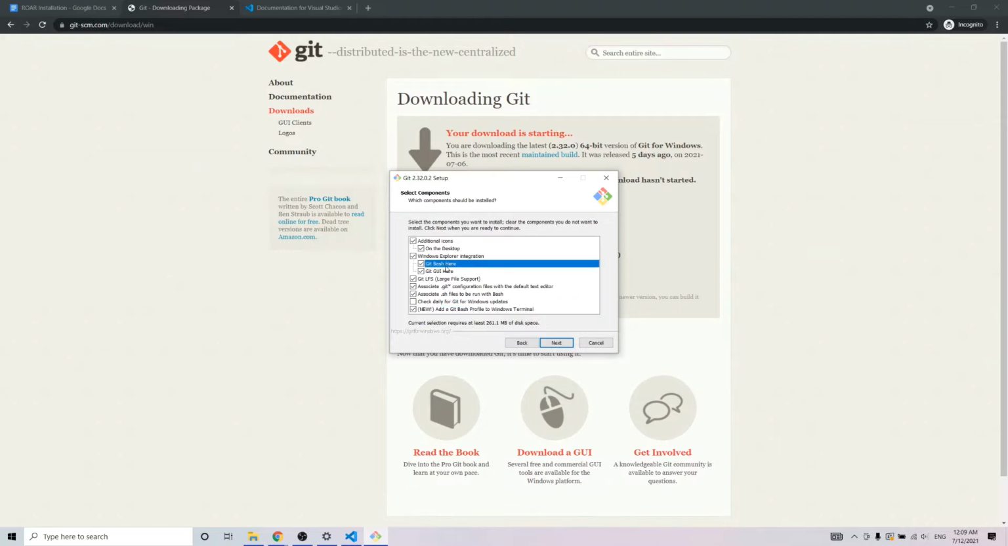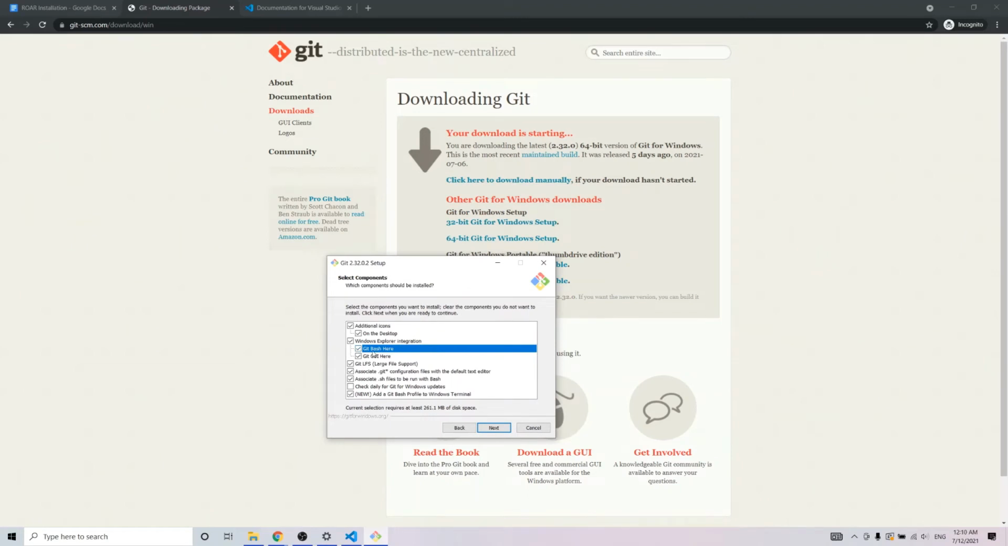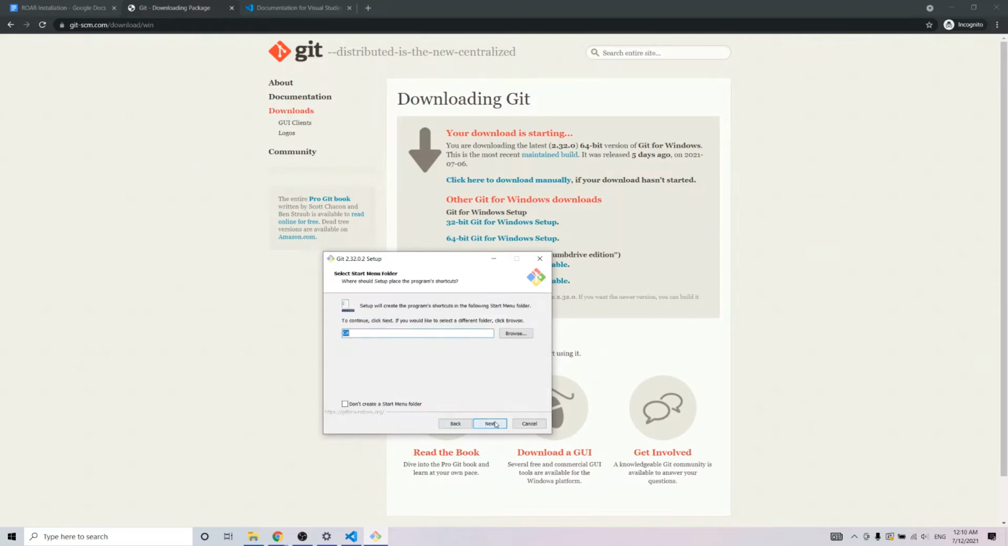So Git bash comes with a Git installation automatically. If you check this button, you can use Git in this Git bash, and you can also add that Git bash profile to Windows terminal. And then Windows terminal, I'm going to show you how to download it soon. Okay, so next,